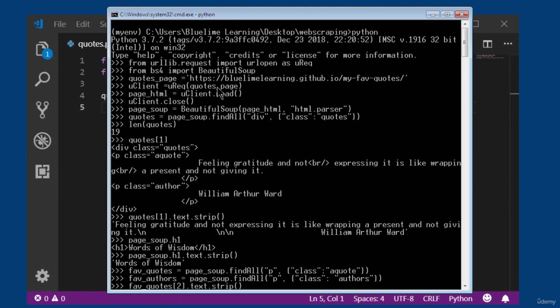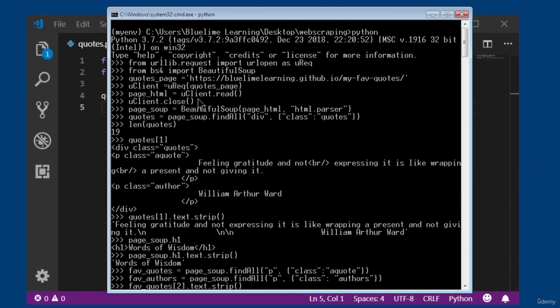So this here will grab the content, and this is a variable I created to grab the content. So I passed that in as an argument, and then here I'm creating another variable called page_html. This variable will store the content that is grabbed by this uRequest here. So once it grabs the content, it opens it to download it and save it inside this variable called